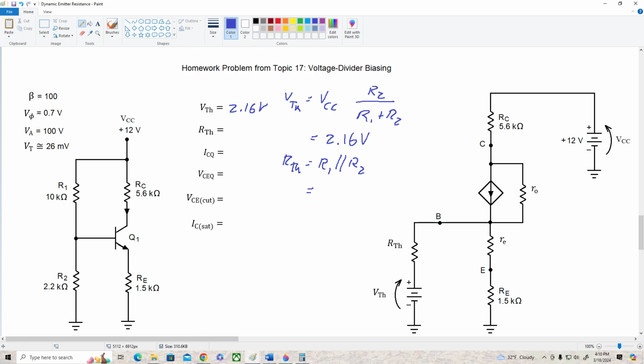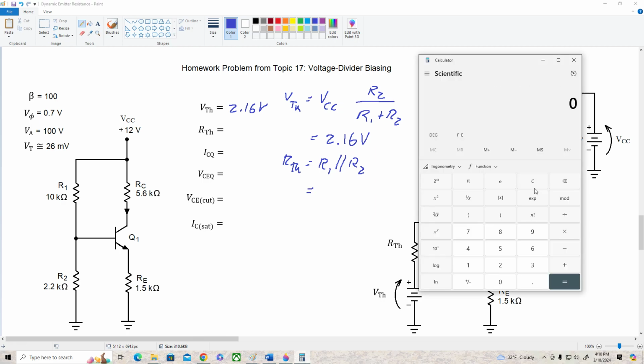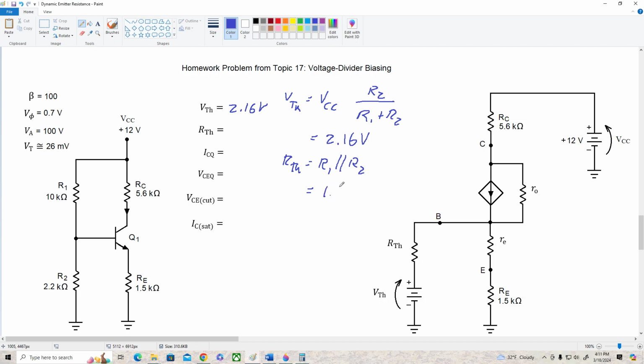All right, so again, pulling up the calculator, R1 is 10K in parallel with 2.2K, and it's about 1.8 K ohms. So let's write that here, 1.8 K ohms. Now we can find our collector current, ICQ,